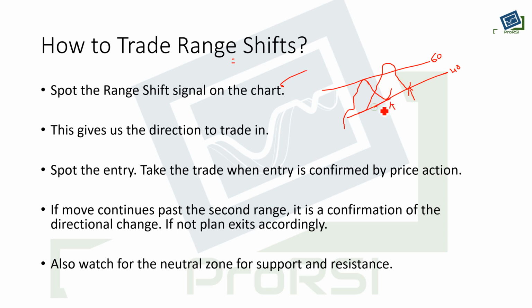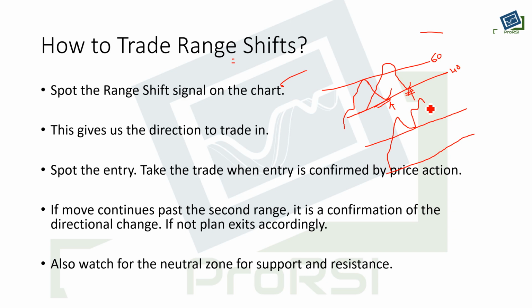Means that it is holding the 40 levels basically in a bear market. And bear market means immature bull market. The bull market is really going to get ready from here. And similarly, when we are looking at the bearish range shift, it will be basically the RSI is traveling around